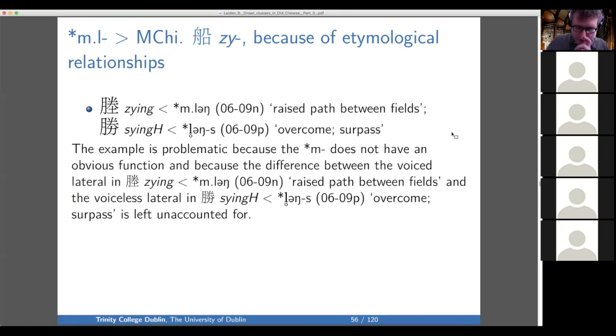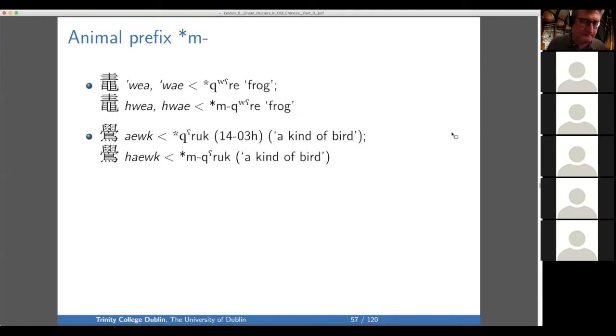So now, just continuing, we have this alternation before L. And this example is problematic because the M doesn't seem to have an obvious function, and because the lateral is voiceless in one case and voiced in the other case. Okay, and then I'll stop with the animal prefixes,